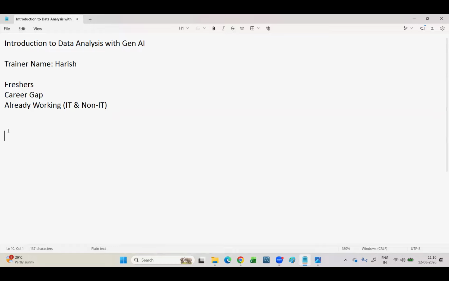Next type of question in the student's mind will have is, okay, sir, I'm from the fresher background or from career gap, or I'm already working. I'm eligible, okay, but I don't have any knowledge about this programming or this technical type of side. So then, how am I able to do this? Is it okay for me to learn the things because I'm not at all known about any of these things?